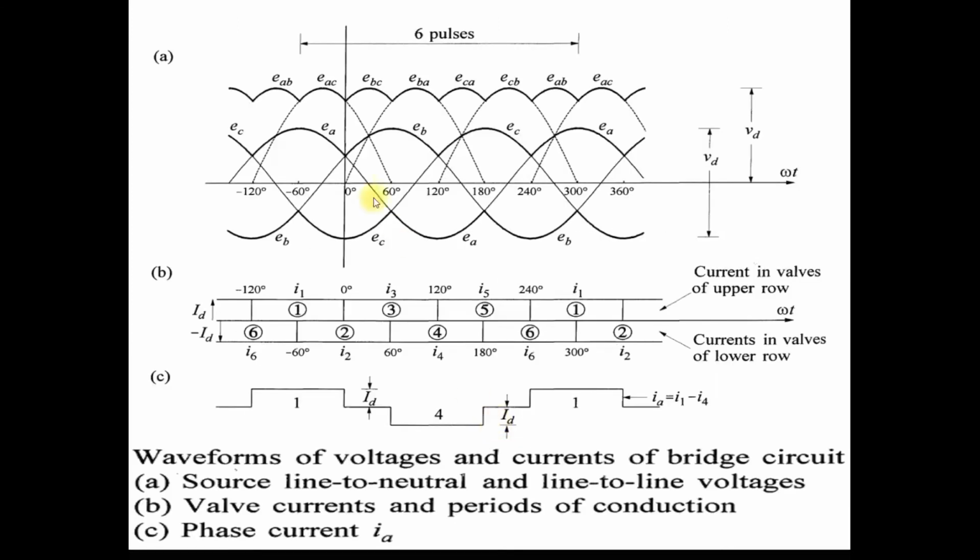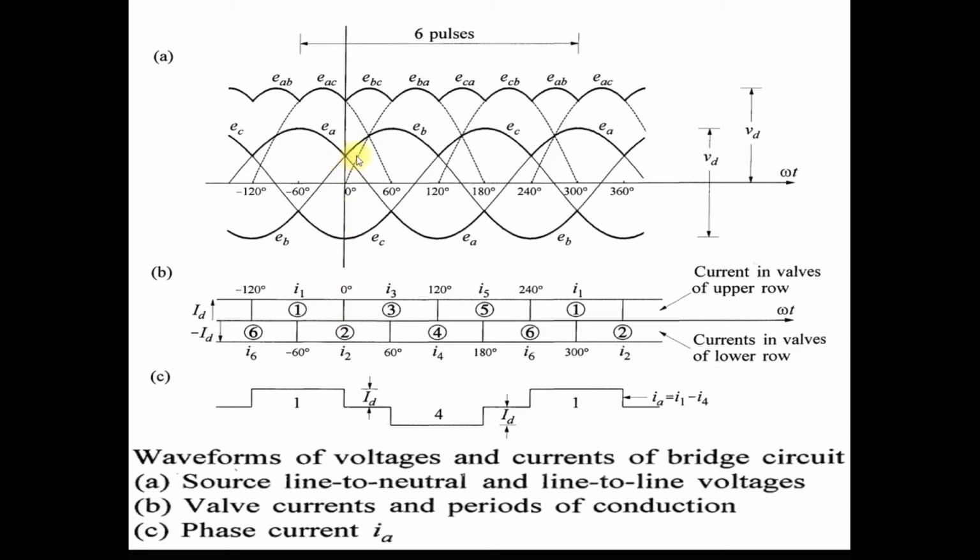So you can see that here in this three-phase supply, from this phase crossover point, phase C becomes most negative. Clear? Before that phase B is most negative. So at that time valve number 6 is conducting, because the cathode of valve number 6 is connected with phase B up to this phase crossover point. After that phase C becomes most negative, so valve number 2 starts conducting. Same way here A phase becomes most negative, valve number 4 starts conducting. Clear?